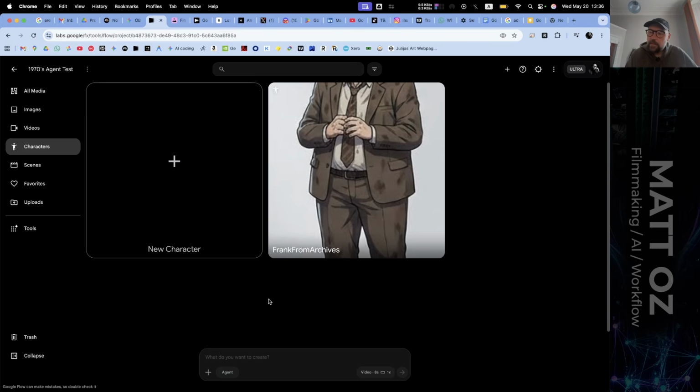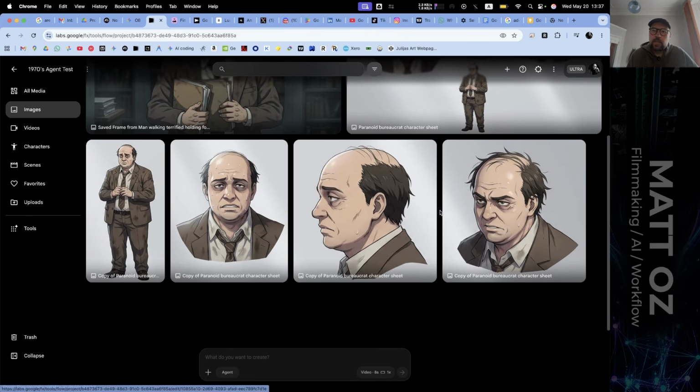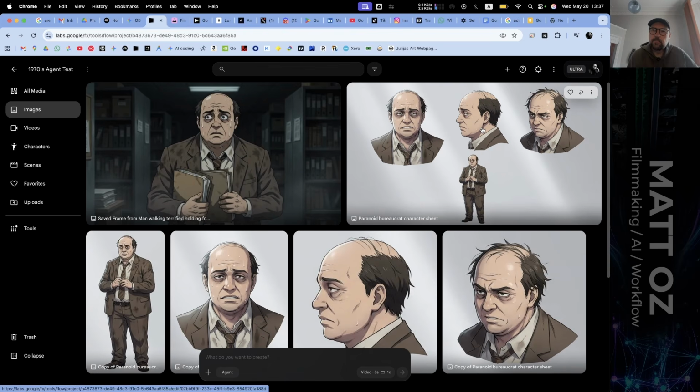So we'll get back to image anchoring in Nano Banana 2, which is I think how I built Frank from Archives. So what I've done is if I go to my images here, you can see that I saved a reference image taken from a video. I can show you how to do that here at some point. But essentially I started off making this kind of hero profile style sheet of Frank from all angles, and I think these are the angles that you sort of need for